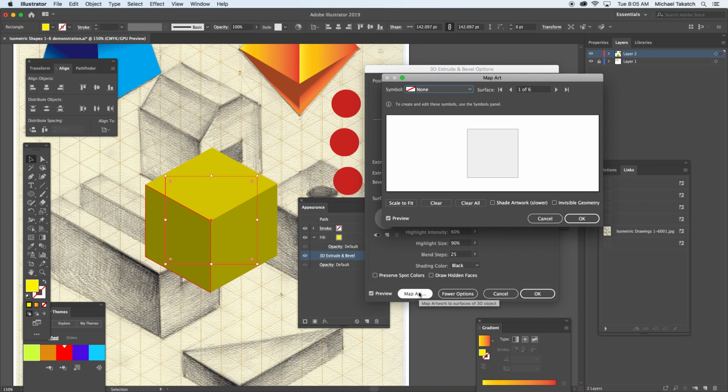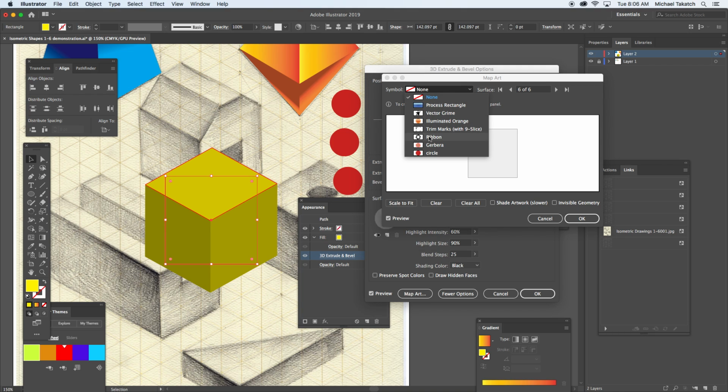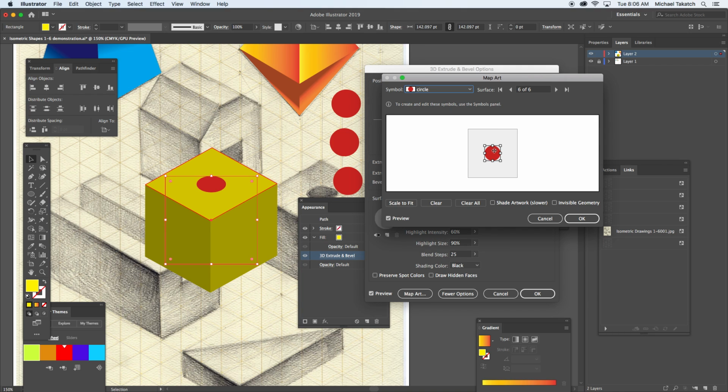But for the Map Art options, when you click on this, it shows this cube has 6 sides. So the surface is up here, showing you all six views. And when you click on it, a corresponding outline of red shows you what plane you're highlighting. So this one is the top. Inside here there are some default symbols, but I'm just going to grab the circle, and it places it by default right in the center. And that's what this one is, to try to correspond to that. So I'm just going to click on Shade Artwork. It'll slow it down, but it'll let the colors show through the symbols if it needs to. So I click OK,